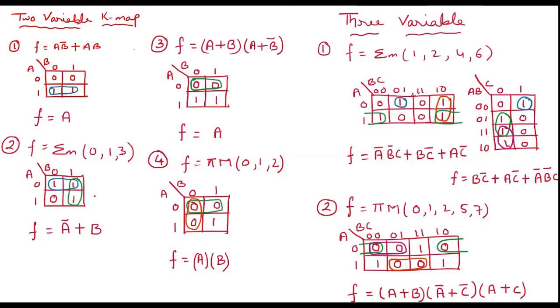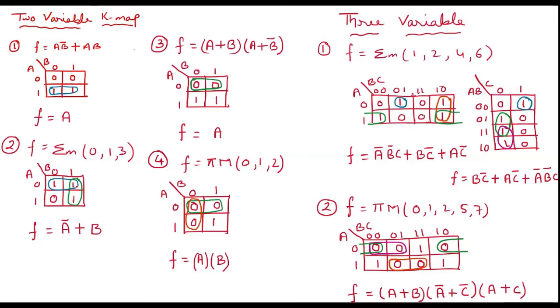Now I have to go again with the same rule: octet, quad, pair and single. Octet is not possible. Quad is also not possible, but pairing is possible. So if you see, these 2 are forming a pair, these 2 are forming a pair, and this one is then empty, so it would be a single. So I can take sharing of this one and make a pair. So I had made this one. Some of you can start from here. You can make this one pair. So then thereafter this will be a pair.